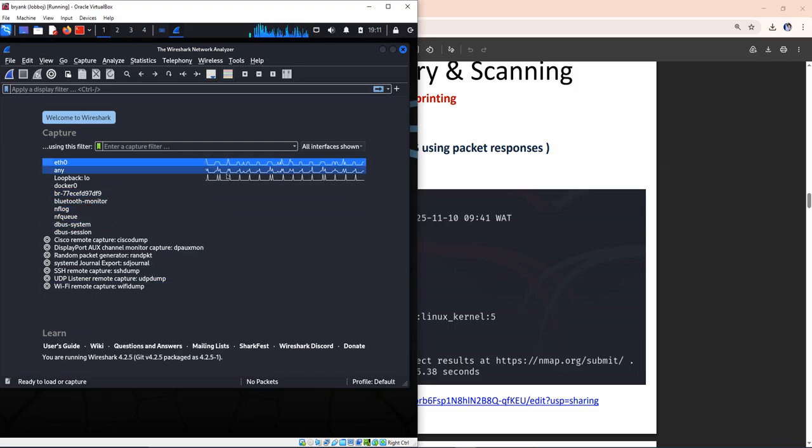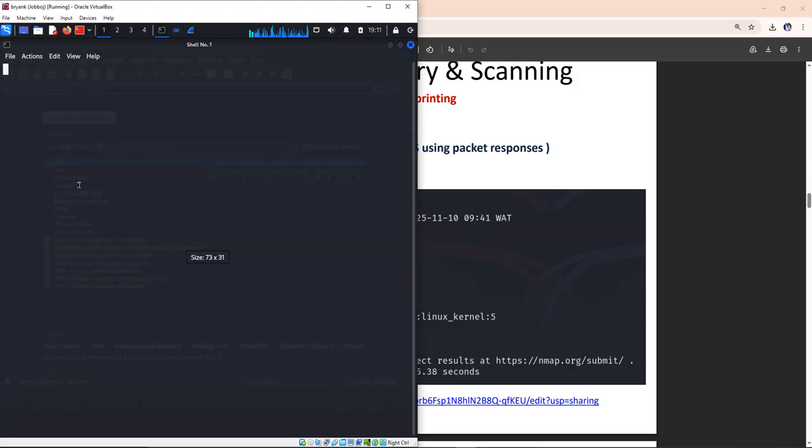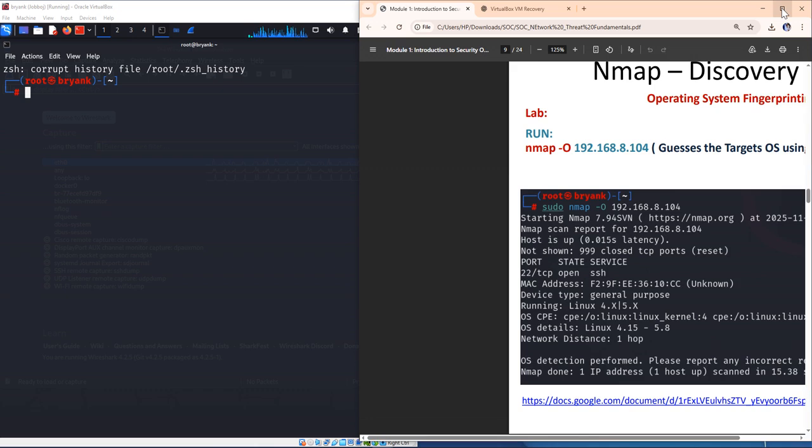If you're looking at my Wireshark, you could see there are three terminals that are showing live signals: ETH0, any, and loopback. It's just showing you that there is network traffic flowing through those areas. Now we have the